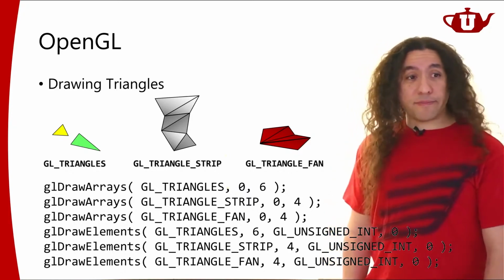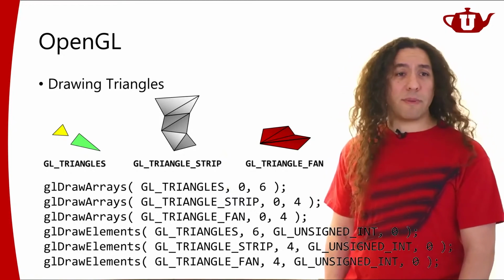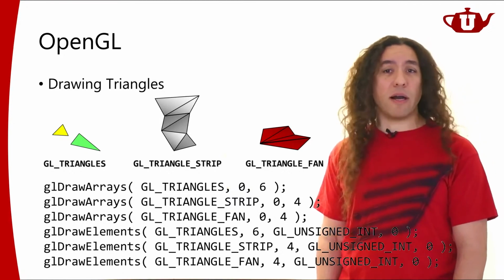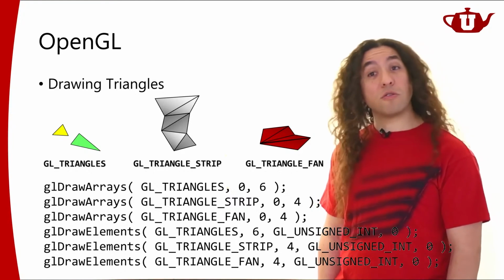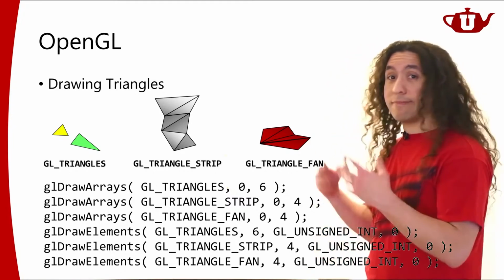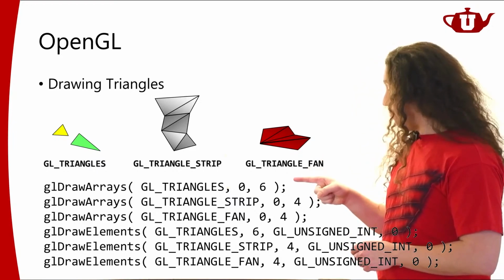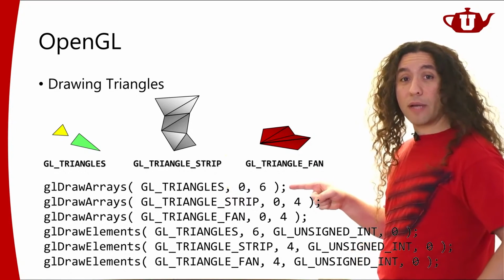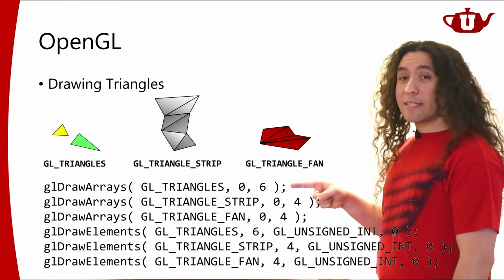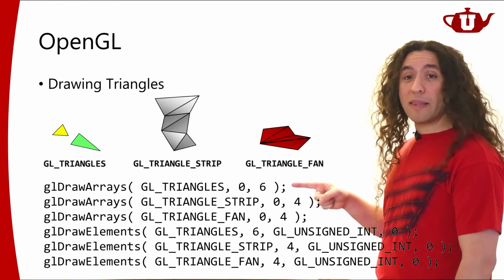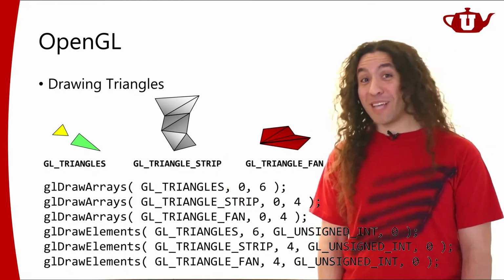Now, out of all this, for the upcoming project, if you're not sure about what to do, like I told you about all these possible ways of rendering triangles, if you find yourself a little confused and unsure about what to do for the upcoming project and the following projects, I would say do this. Yeah, this is the easiest one. GL draw arrays, GL triangles. Now, this is the easiest one, but this doesn't mean that it's just going to work without you doing any work. You're going to have to do some work still.